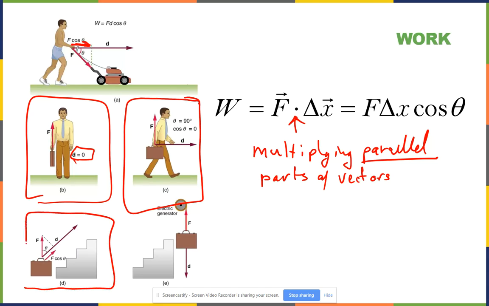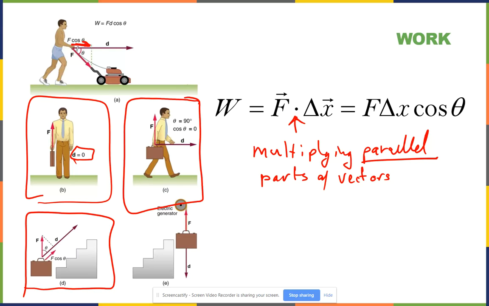In this case here, we have the force of the man as he's going up the stairs. Is he doing work on the briefcase as he's going up the stairs? Yes. Why? There's a component of his force that's parallel to the motion. And finally,